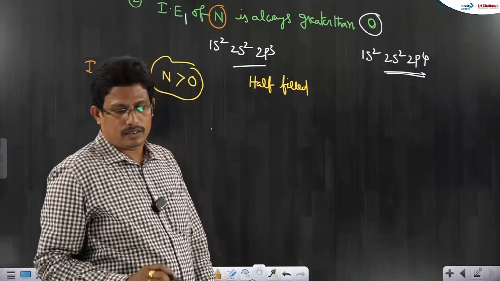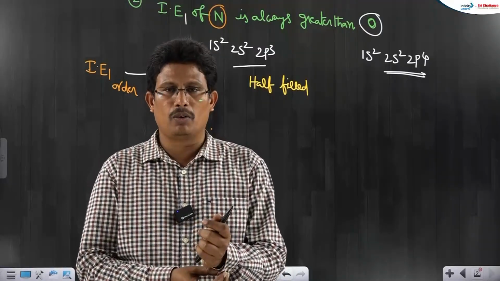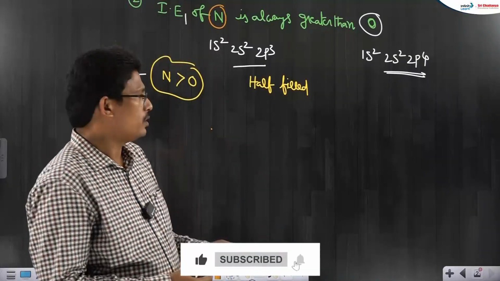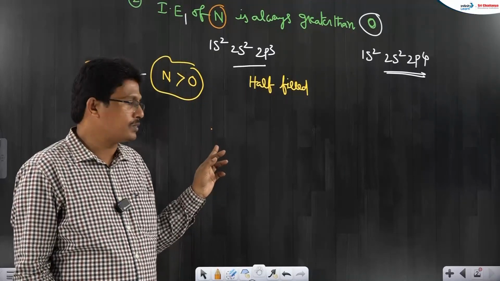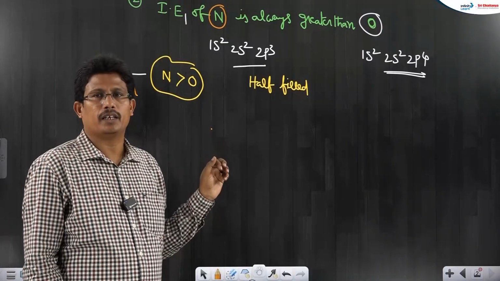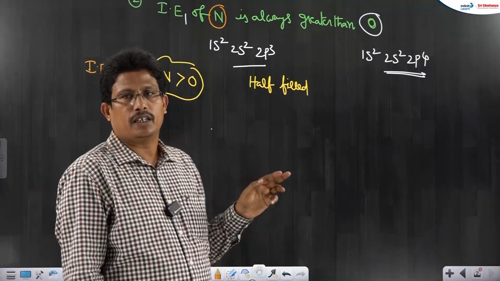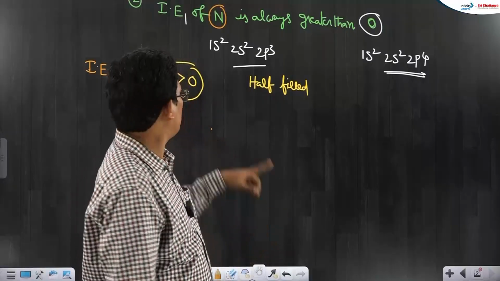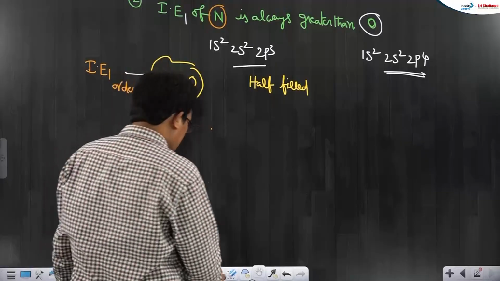If you observe trends of ionization energy in group and period, you already know about atomic size. Atomic size increases from top to bottom. Ionization energy is inversely proportional to atomic size. That's why in any group from top to bottom, ionization energy value decreases. In a period, ionization energy value increases with some variations. Variations are due to stable electronic configuration. If you observe in second period,